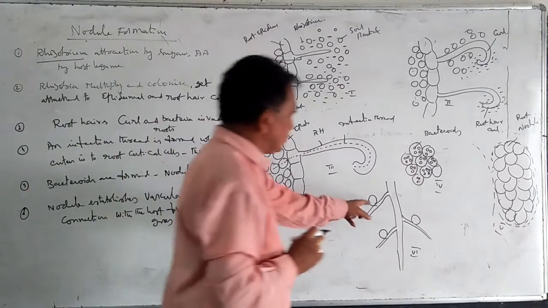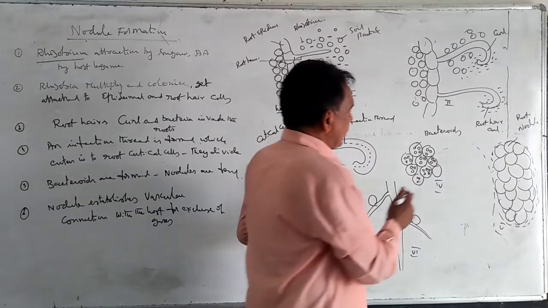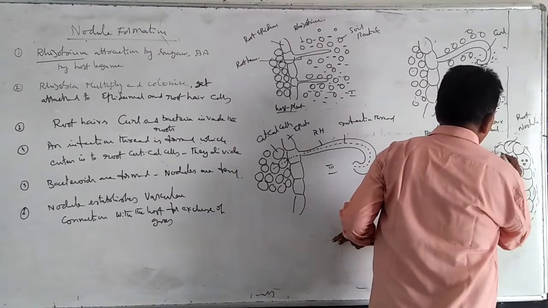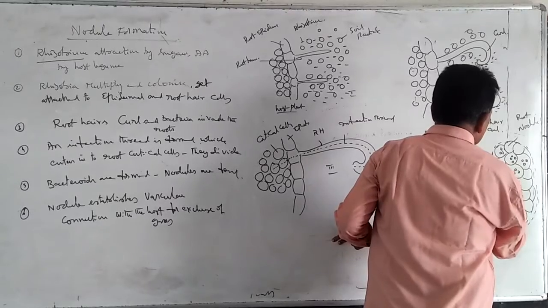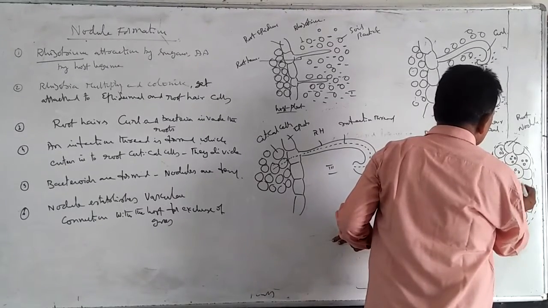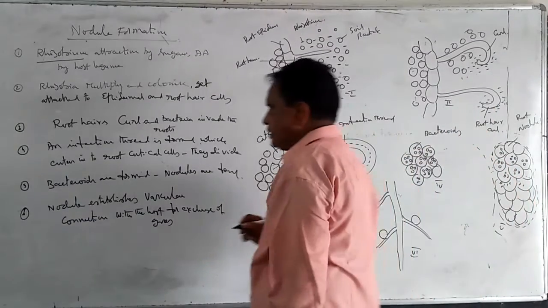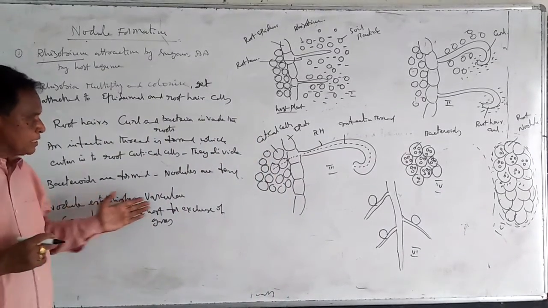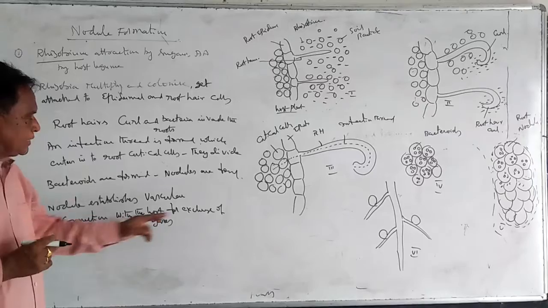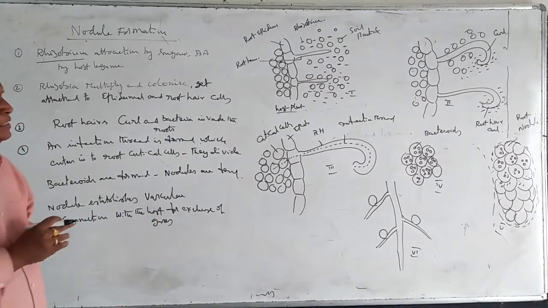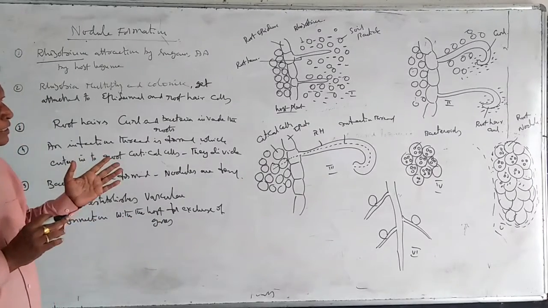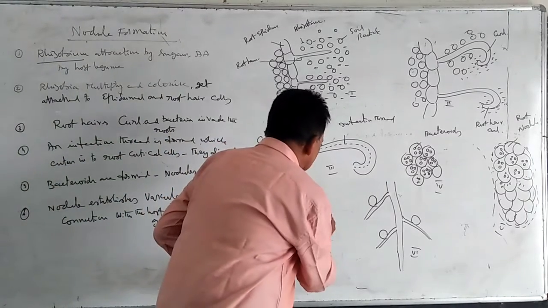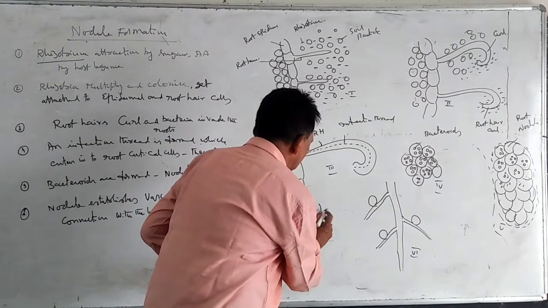These are called nodules. And these nodules contain bacteroids in the middle of them. These bacteroids are concerned with nitrogen fixation. Soon after their formation, the nodules also establish a vascular connection with the host for the exchange of gases. And here, nitrogenase, if you cut the nodule, suppose this is the nodule.